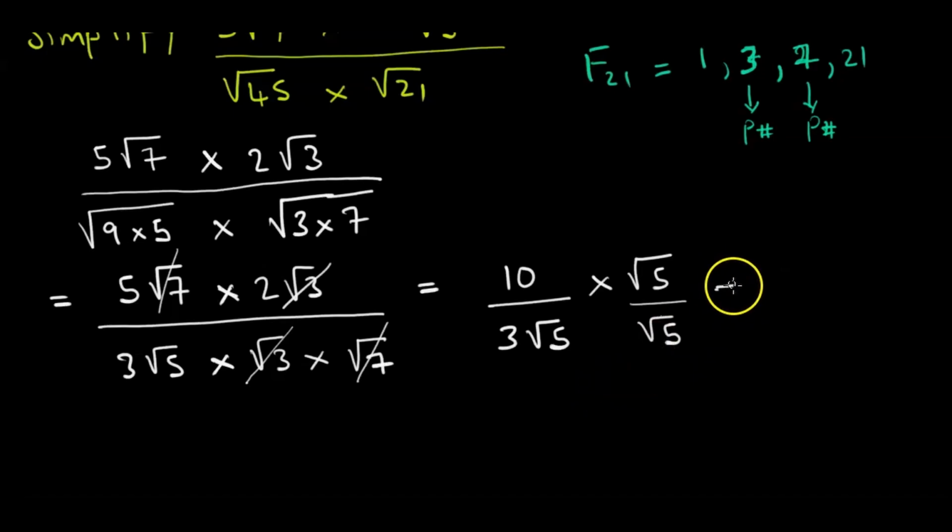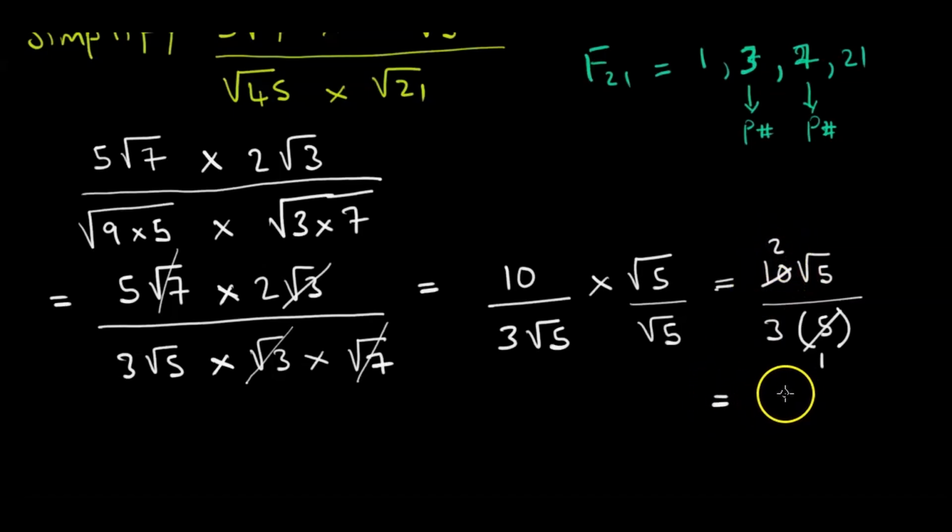Saka panapa we are going to have what? We are going to have 10 the square root of 5 over 3 multiplying what? 5. Because the square root of 5 times the square root of 5 is equal to 5. We proved in our previous lesson why it is so. Takatarisa ma laws of indices. Then panapa pachanetsi because 5 into 5 ndi 1, 5 into 10 ndi 2. Kurota our final answer is going to be 2 the square root of 5 over 3. Tenge tatopedza.